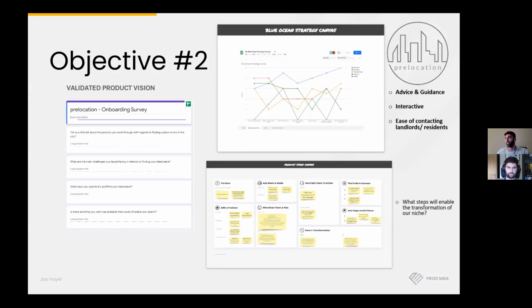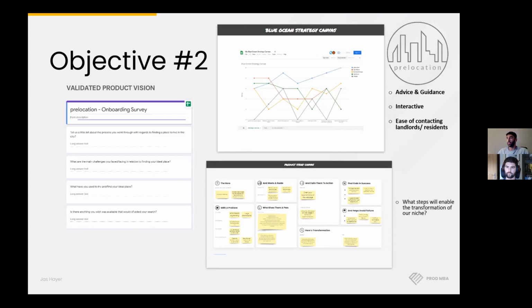The blue strategy canvas I think was really interesting, and one thing that stood out for me was that it wasn't to do with features, it was to do with points of value. Initially I struggled to differentiate between those things. But then you've got to put yourself in the position of the actual customer. The points of value are the ones that they're going to be attracted to, as opposed to the features. The features are obviously from our side when we're developing the product,